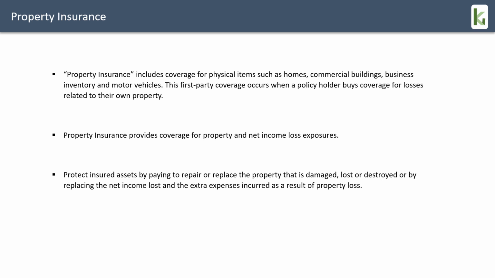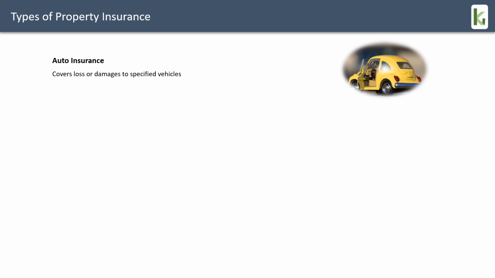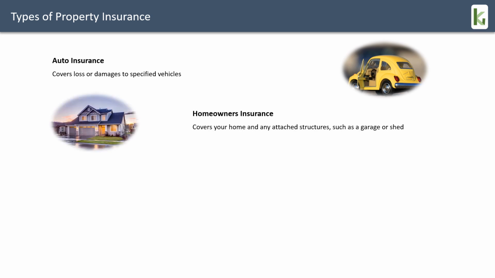Let's talk about types of property insurance. So first is auto insurance. It can be personal auto or commercial auto insurance. Basically, this type of insurance covers losses or damages to the specified vehicles that are mentioned on your policy. The second is homeowners insurance that covers your home and any attached structure such as garage or shed. It does not cover auto in the home, and there are several forms which come under homeowners insurance for various types of